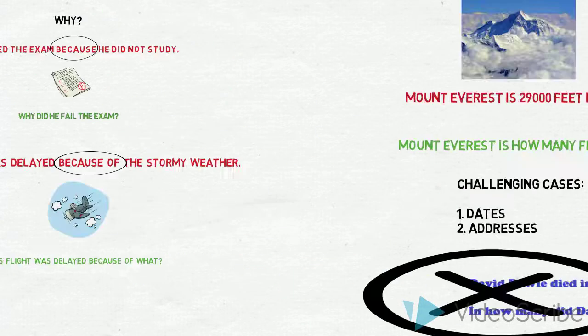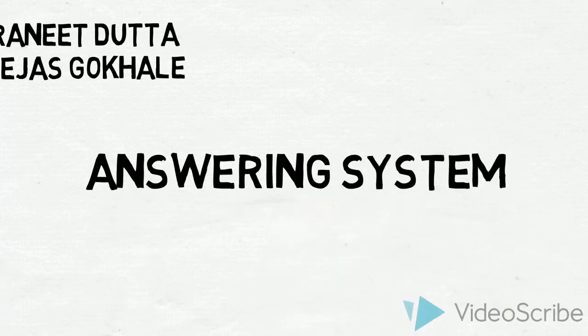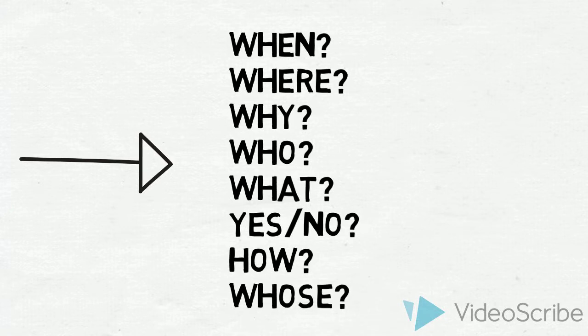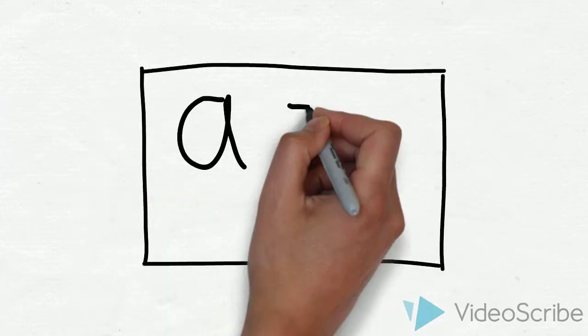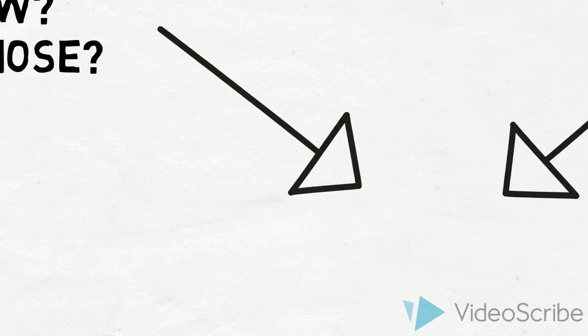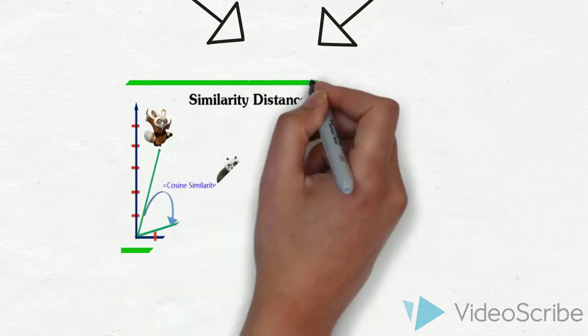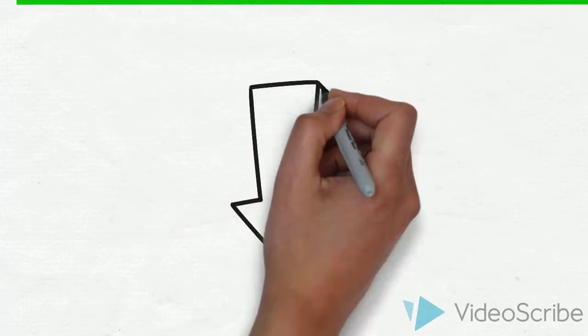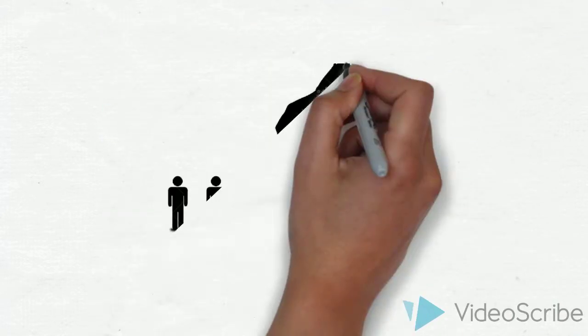Answering system. Given a question, the first step is to identify the type of the question. It may be an informative question like when, why, how, what, who, where, or a yes-no question. For an article and the question, we find the closest 5 potential answers. We define the closeness using Jaccard similarity and cosine similarity. We filter out such sentences, and for every potential answer, we do a deep comparison with the sentence.